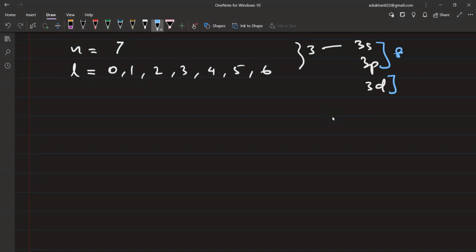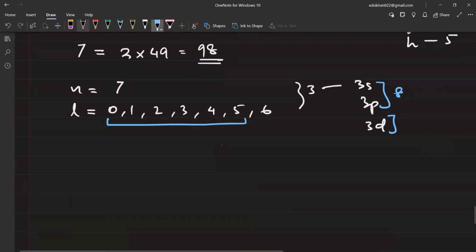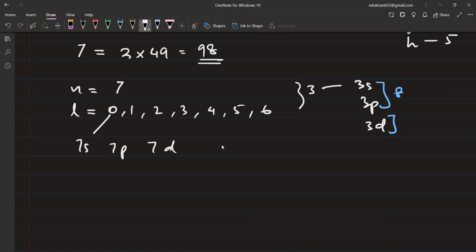So here too, in the s you will fill, let us say all of these will be filled, up to 5f will be filled, but after that the rest of the things will not be filled. But now see, for n equal to 7, what subshells can you have? You can have 7s, 7p, 7d, 7f, 7g, 7h. In s we have 2 electrons, in p we have 6, in d 10, in f 14, and then in g we have